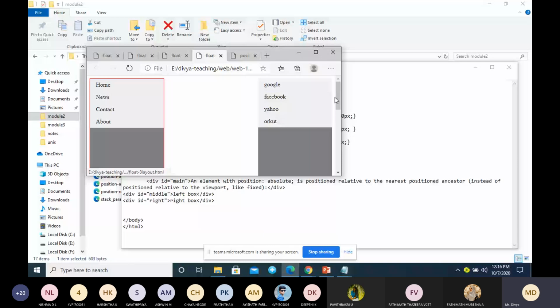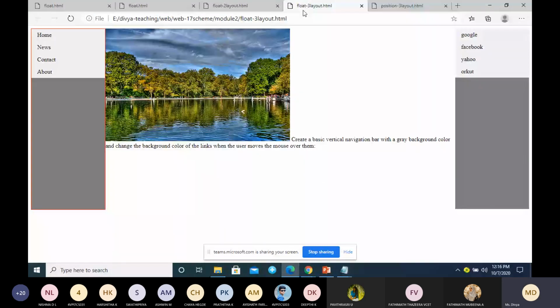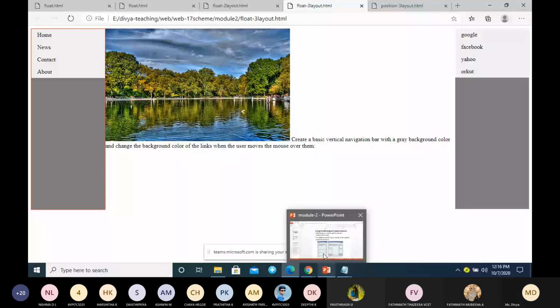So this is a drawback of using the float or position property. Whenever you resize the window, the content will not be displayed clearly. So this is about the position property.